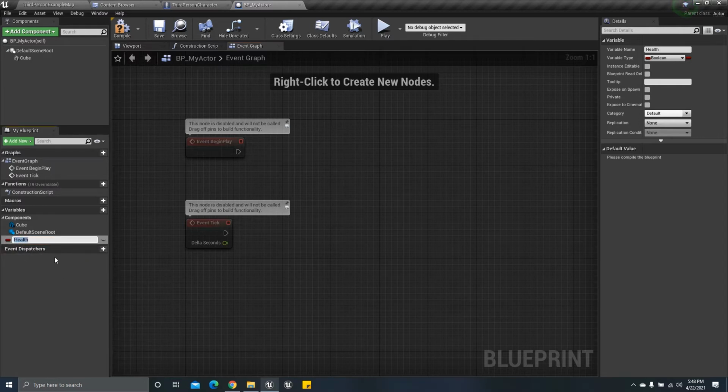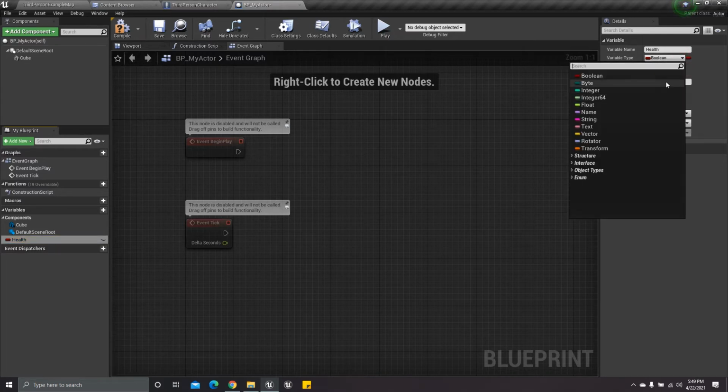Now we can see we have created this health variable, and in the details tab we can see the details of the variable. Like variable name is health, variable type is boolean. Here we have the list of variable types. If we click on this expandable button, we get this whole list of variable types.